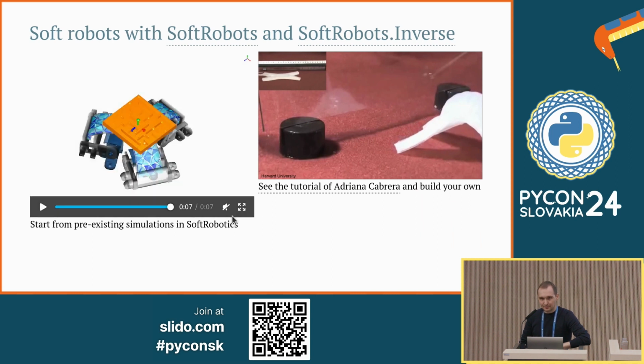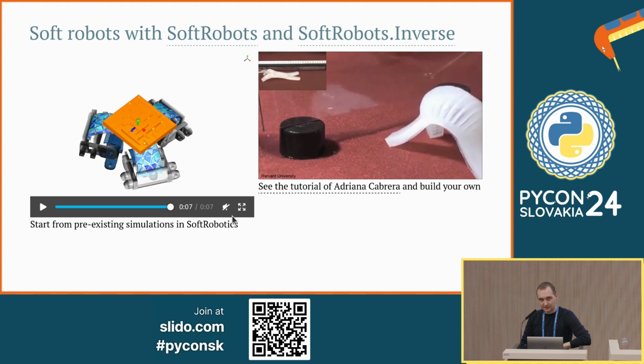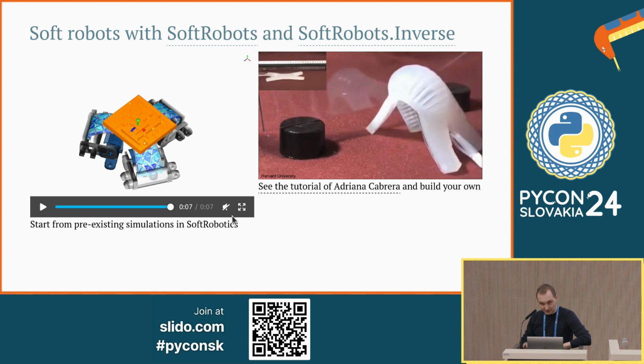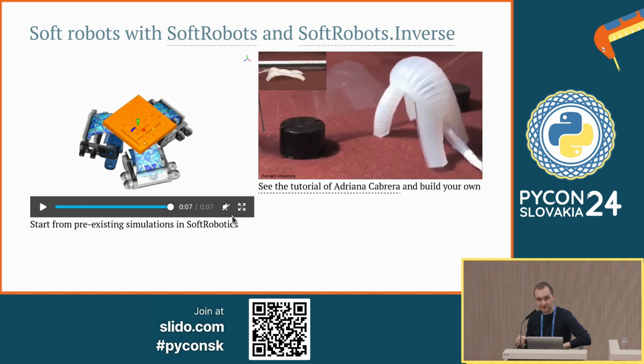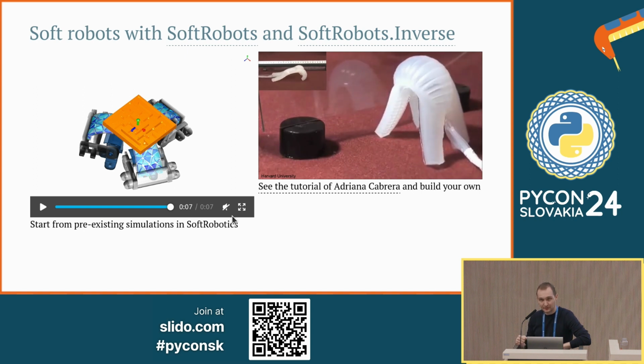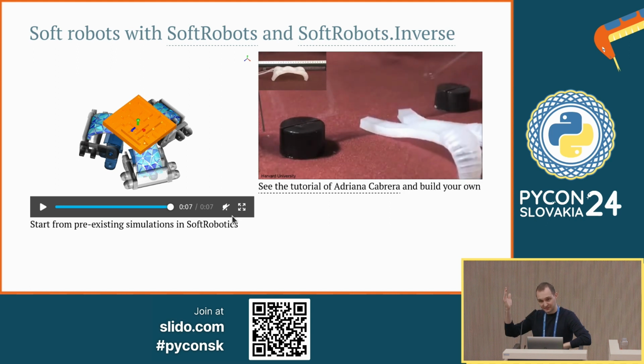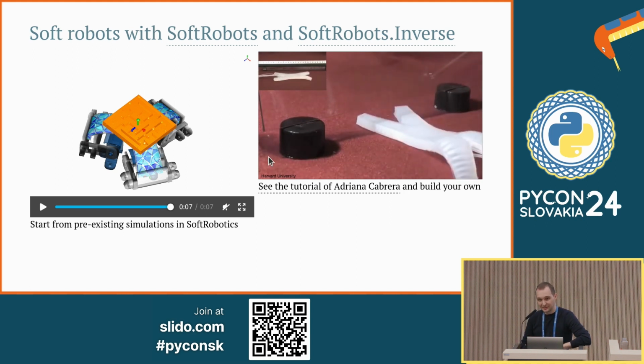So if you want to go a little bit beyond what SOFA offers, you have the plugins. And one of the plugins is a plugin for simulating soft robots. Soft robots are actually the continuous robots, which don't have a discretized set of operation, but they're slightly different from